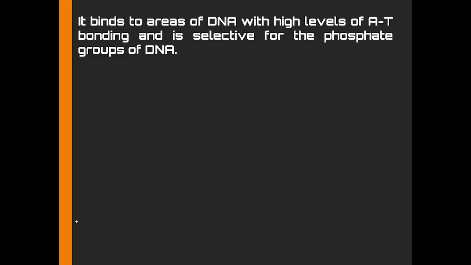Now if we talk about the chromosome banding pattern with the Giemsa dye, it preferentially binds to the phosphate groups present in the DNA, and specifically to the adenine and thymine bonds. Based on this you will get a different banding pattern, which, as I said, I will discuss in part 2 of this lecture.